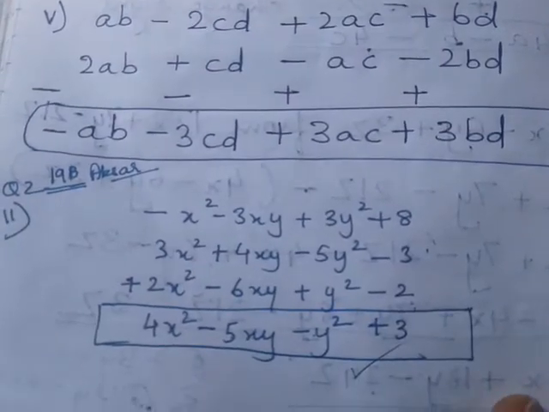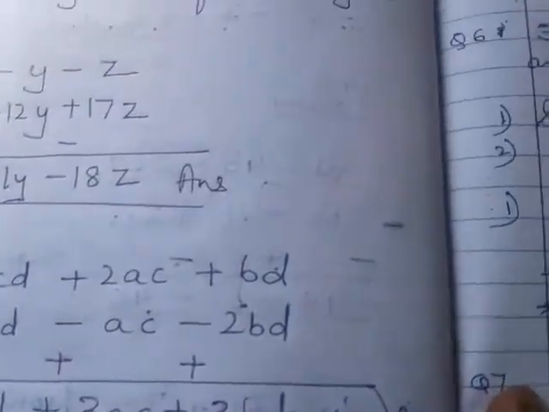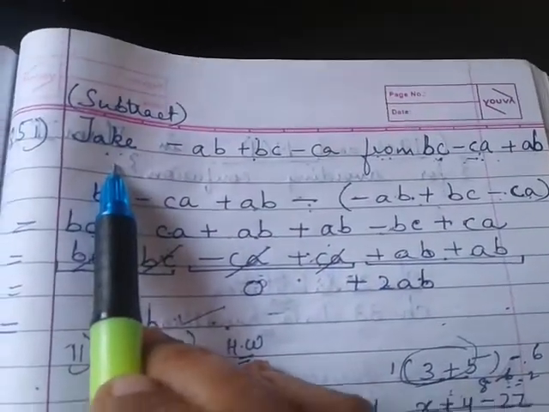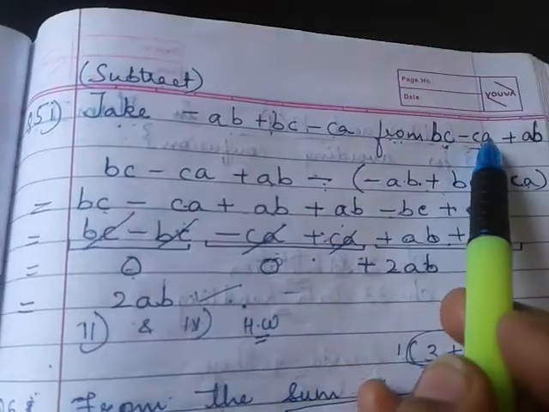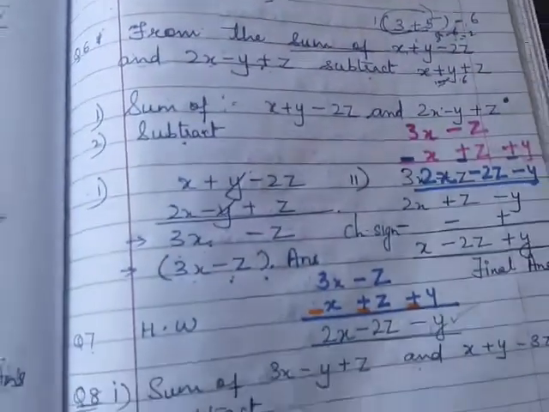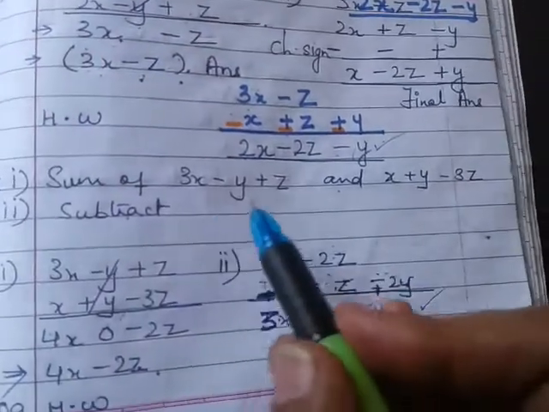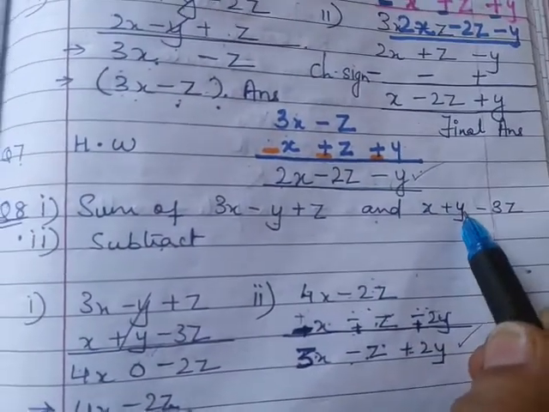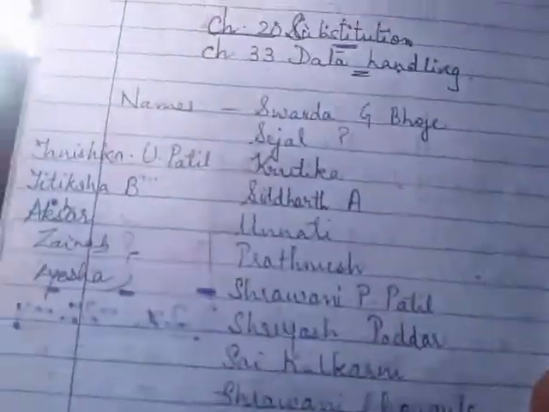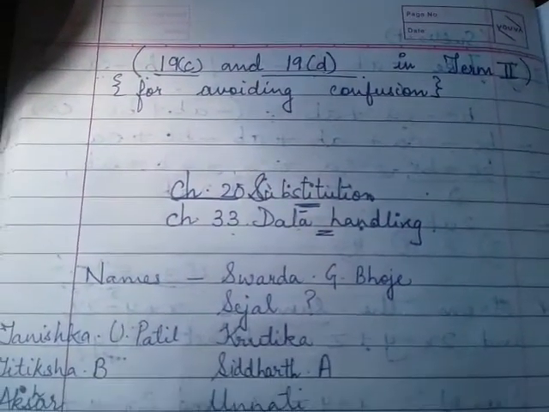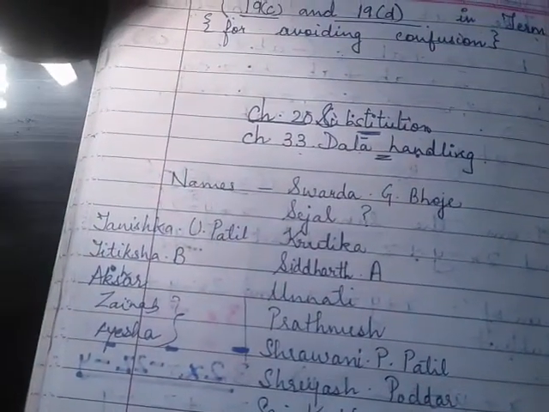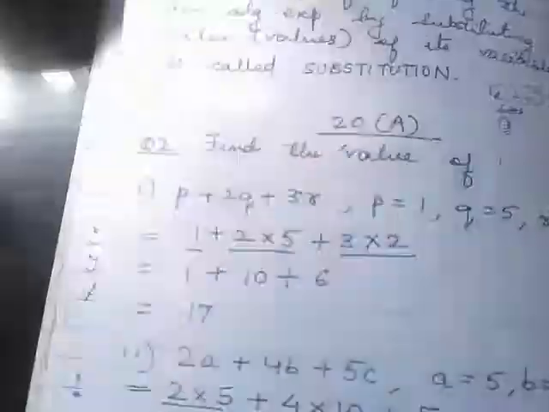These all are the subtraction sums. Okay, and once you know addition and subtraction, see the sums where it says take away mean subtract. From this you have to subtract this. I am not explaining because this is part of subtraction only. Sum of this polynomial and this polynomial, then subtract the third polynomial. All these things need addition and subtraction. So I hope you will do it. Okay, so once you know addition and subtraction, the rest of the things are also easy.